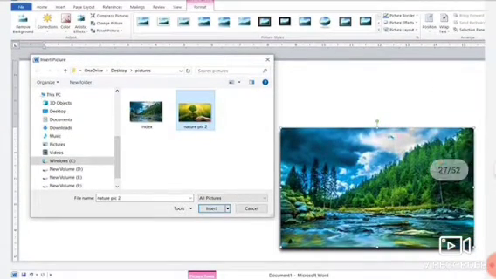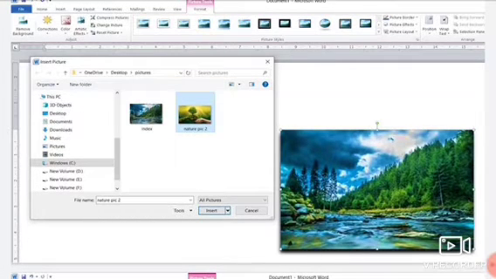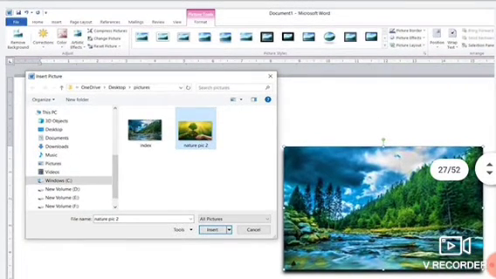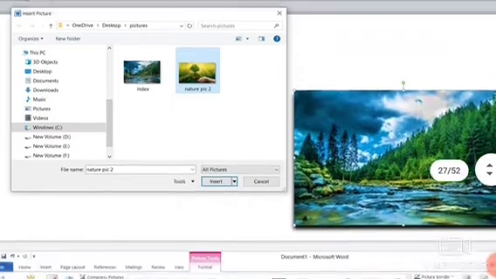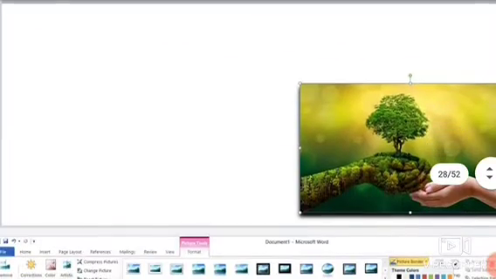Sometimes we need to change the picture, as we have inserted one picture and after that we want to change it with another picture. So for this, select the previous picture and go to the change picture option in the format tab. As you click on this change picture option, you will get a dialog box. In this dialog box you will see the picture which was inserted and the new picture also. So as you select the second one and click on insert, it will be replaced by the second picture.